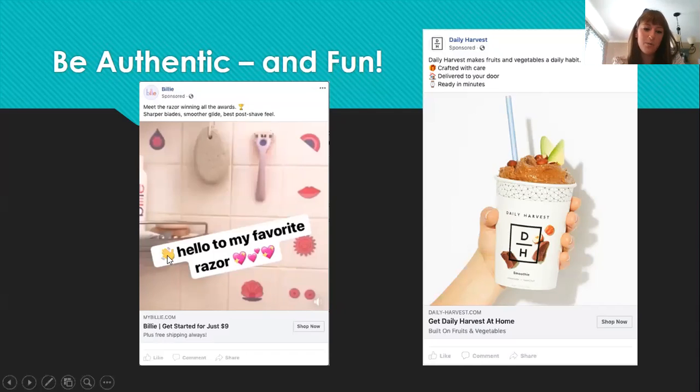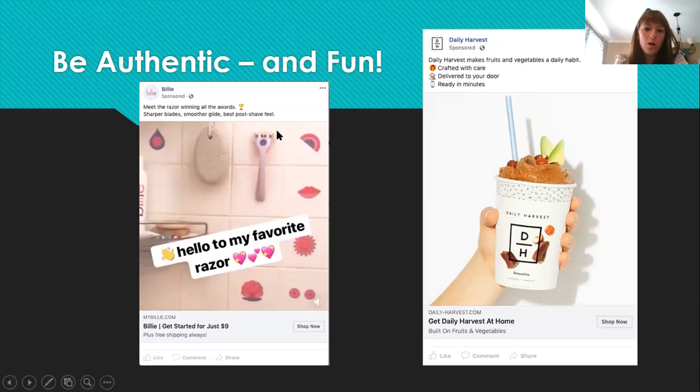They've got an emoji here and a sticker over the top of this post. So it looks like it's their shower, and this is just a fun post that they're doing. But really, this is Billie, they've posted it. But this is something that fits in on a news feed and looks authentic